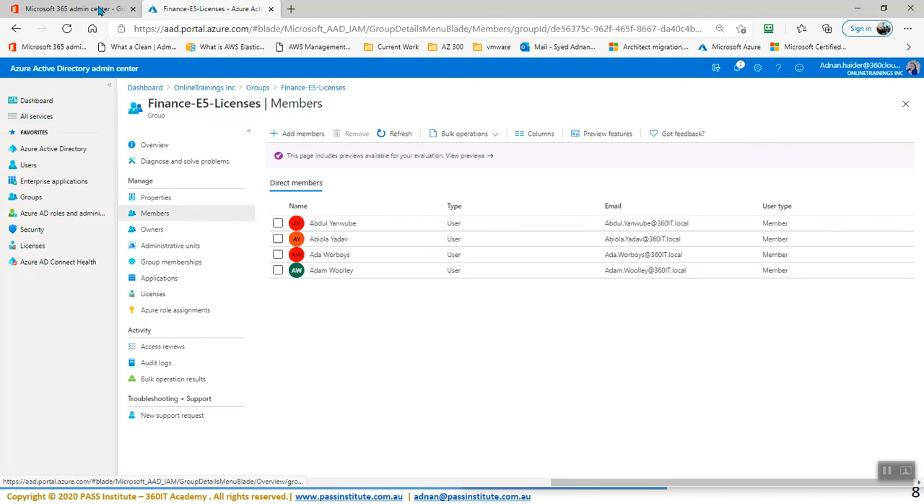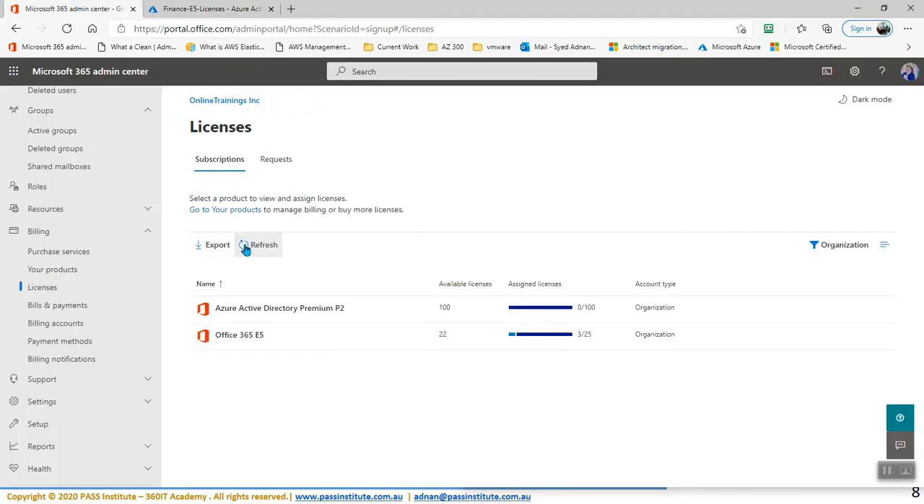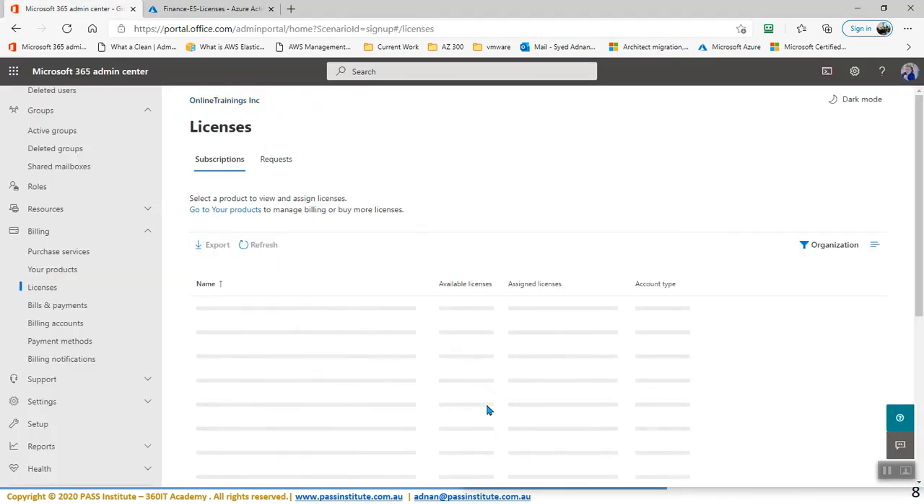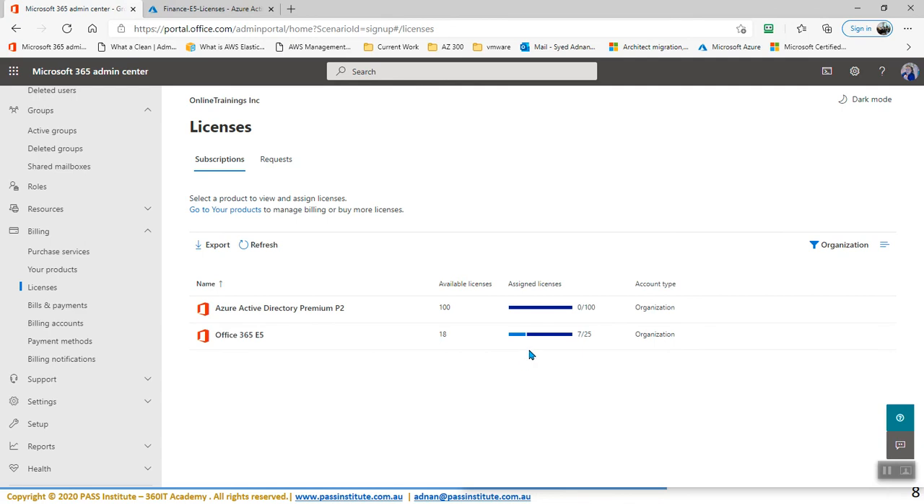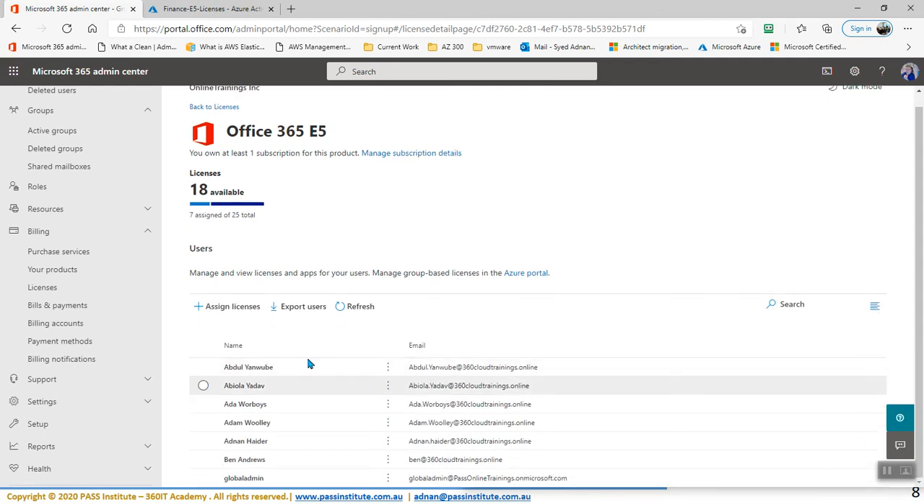So for that, I'll go back here and I will refresh this screen. As soon as I refresh the licenses screen in our organization, it should check how many licenses are assigned. So yes, now it's saying 7 licenses are assigned, and all the users that are part of that group are assigned licenses automatically. So these were the users, and you can see the domain name is correct showing here,